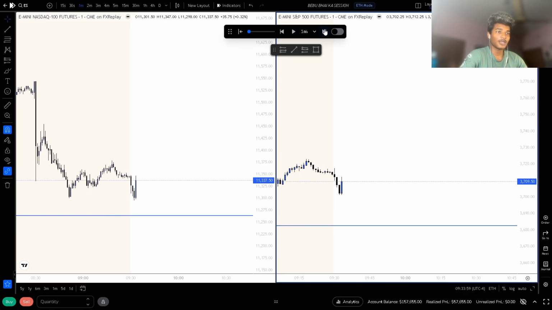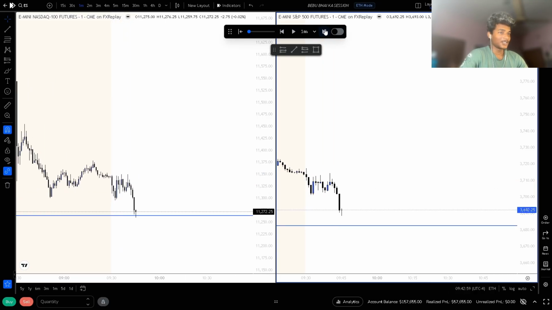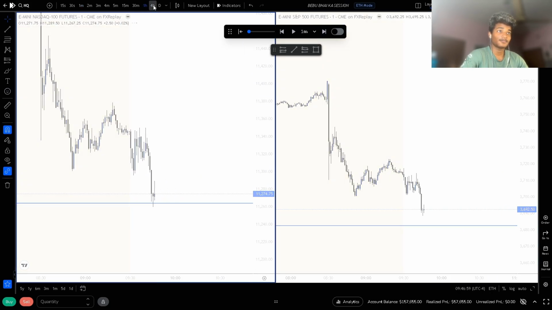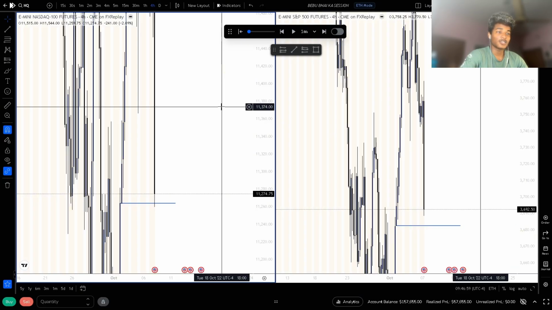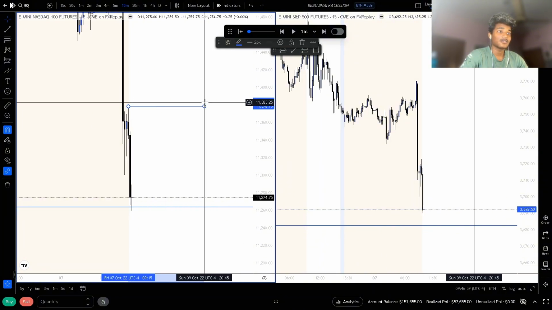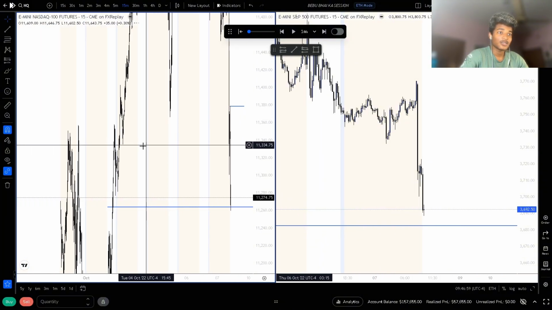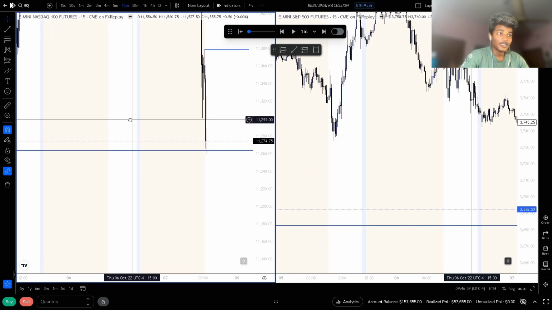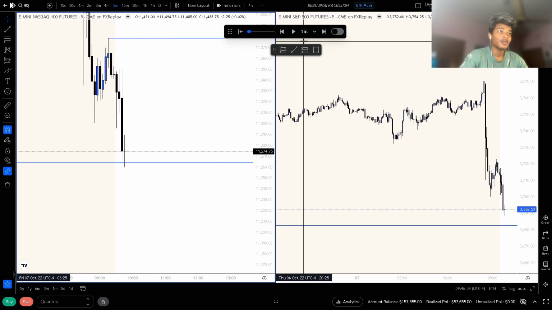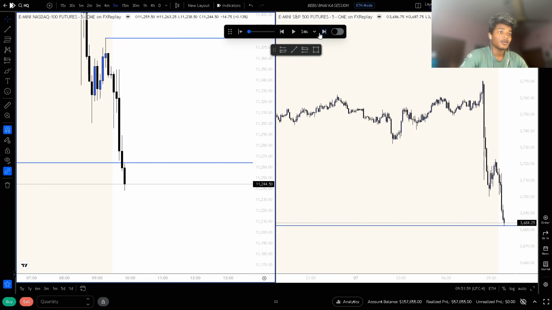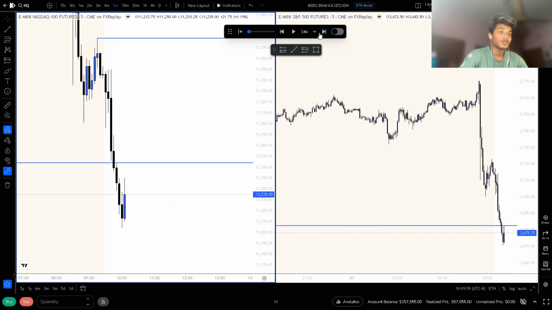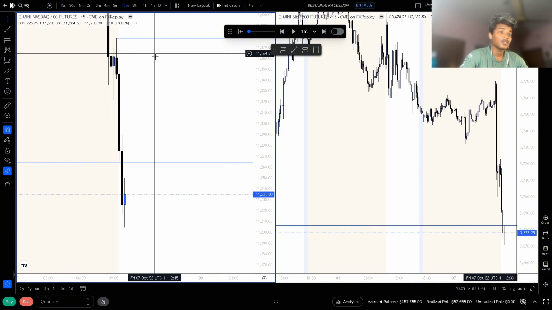So market open is here, market manipulated on the downside, and we tap the 4-hour bullish gap. If we get a very nice rejection now, I will take longs towards this 15-minute unmitigated gap. In the 5 minute we have this gap. I want this to get inverted. So we tapped into this.